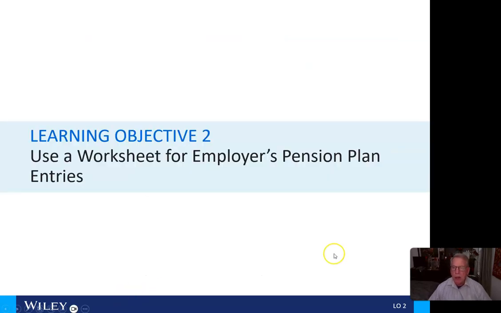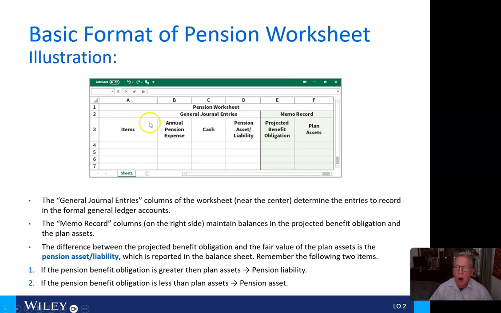All right, we'll shift gears here and use a worksheet for the employer's pension plan entries. And here our columns include the items, the annual pension expense, the cash, and the pension asset/liability. Then in memo form here in light green, we have the projected benefit obligation and the plan assets. So for bullet point 1, the general journal entries here,